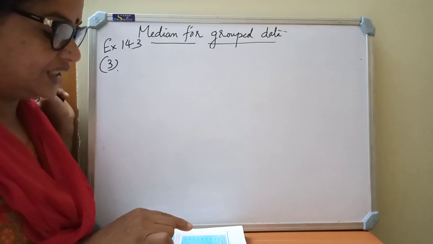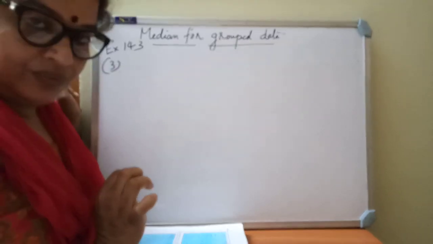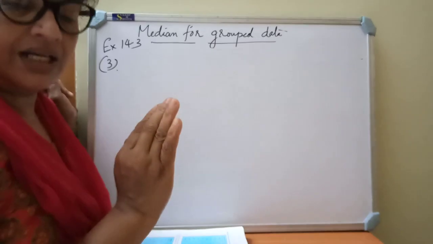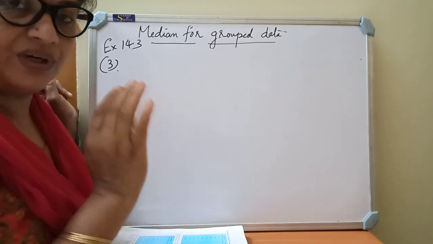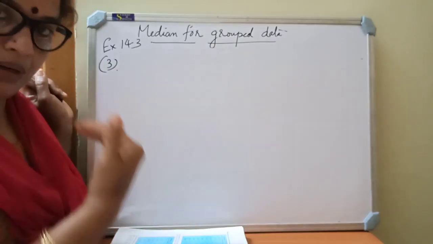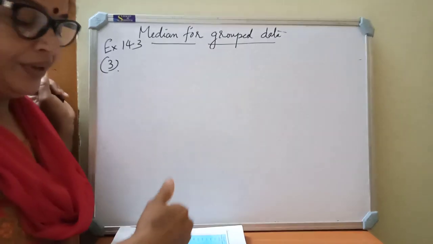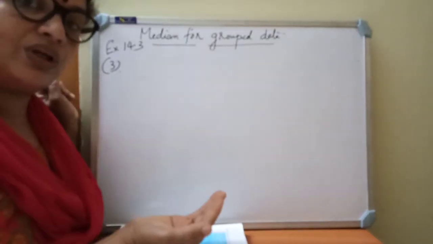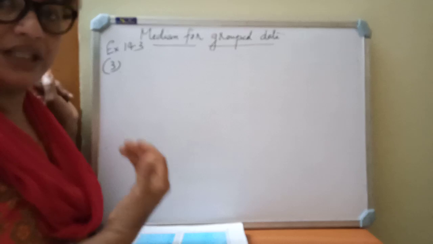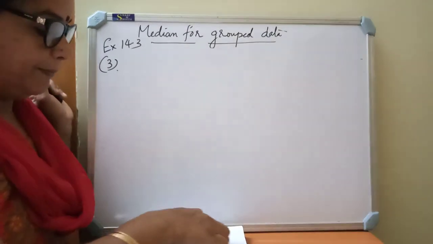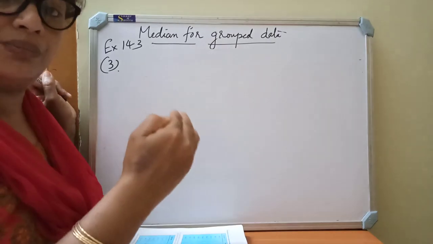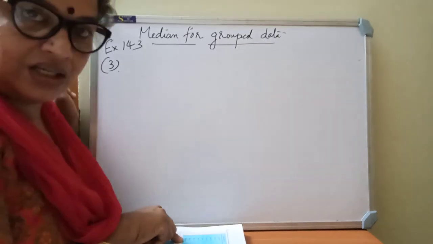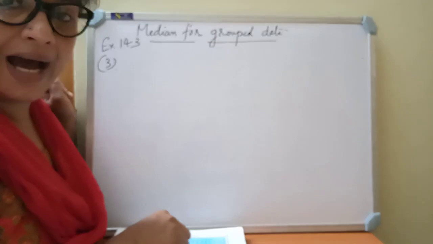So after reading this pattern of question, you must see that they have given the cumulative frequency here instead of the frequency. So first what we have to do? We have to make a tabular column based on the given data, and this is our cumulative frequency. From this cumulative frequency we must find out our frequencies. Understood? Only then we get that class interval's frequency. So below 20, below 25 and all, we have to make them into class intervals.